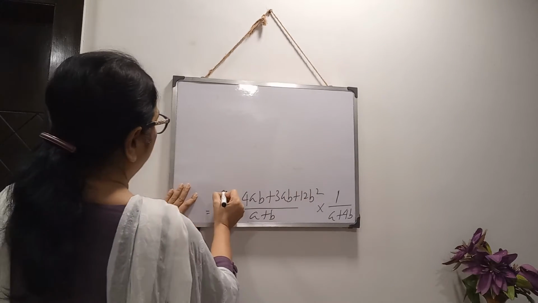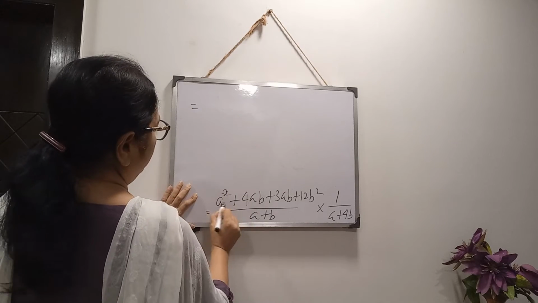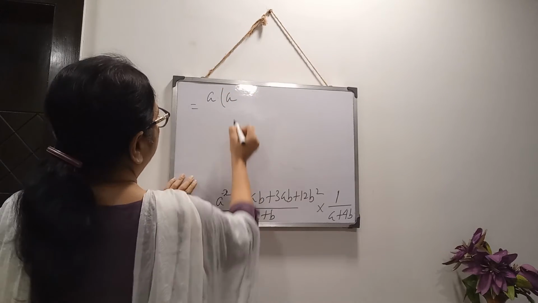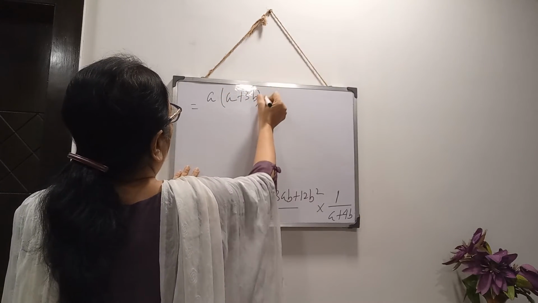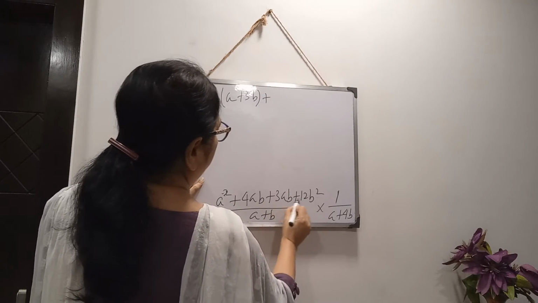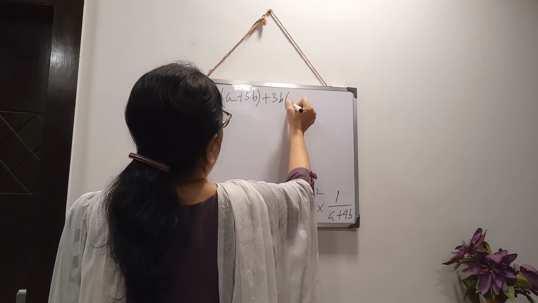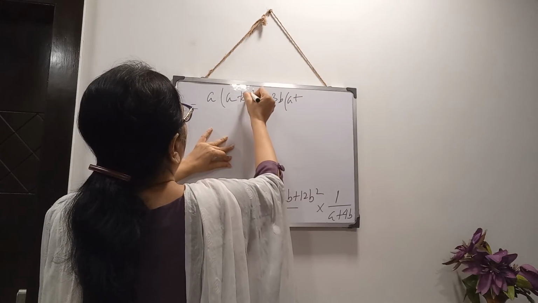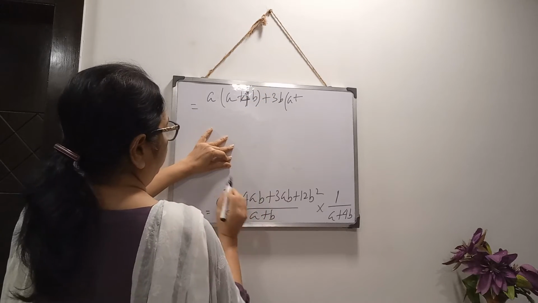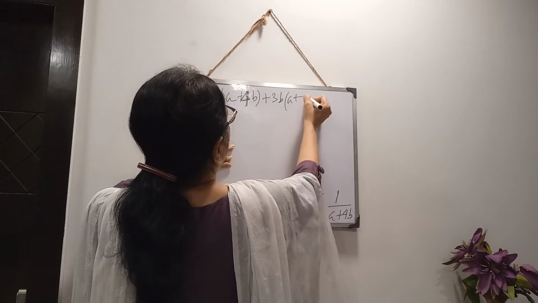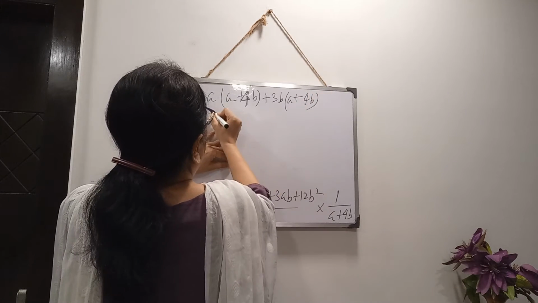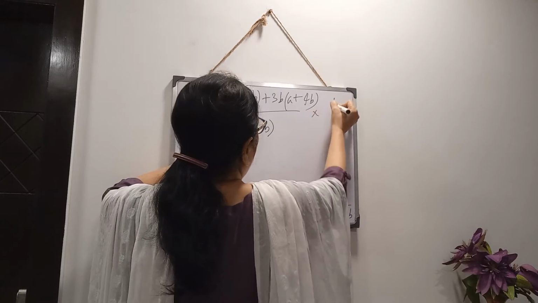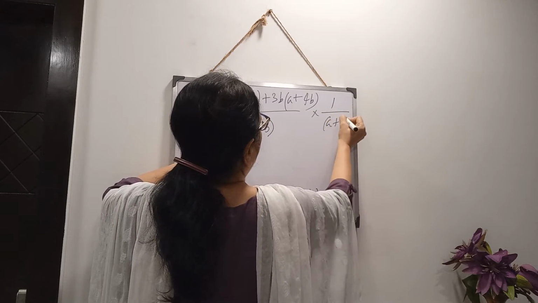then you know in the middle term what you do, you take common. Here what is common? Only a common. So there is a square, a is left, and there is 3b plus, from these two 3b common. So a plus, sorry, there will be 4b, not 3b, and 3b common, so a plus 4b, and denominator a plus b into 1 by a plus 4b.